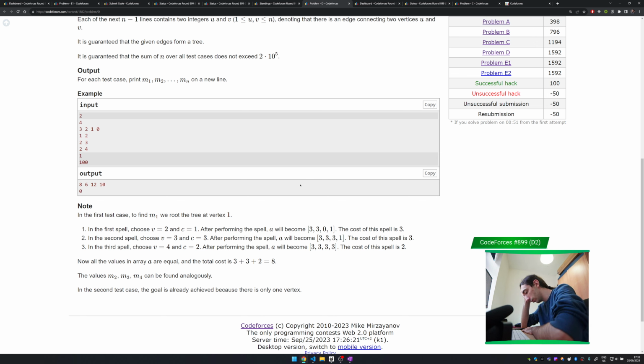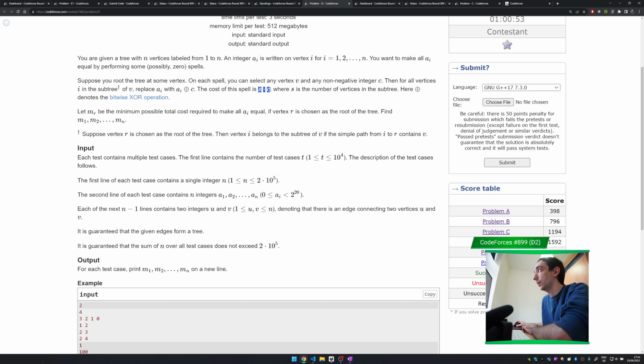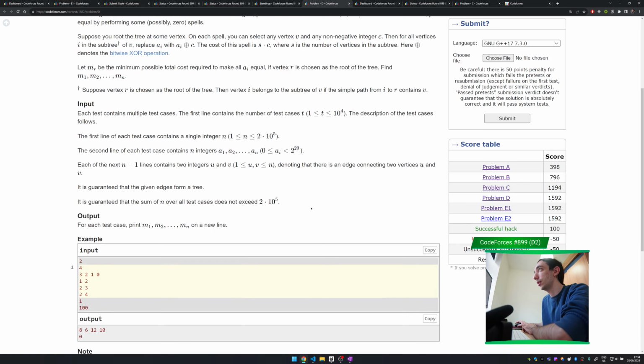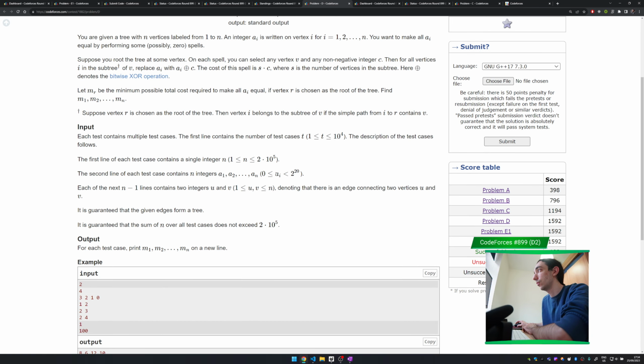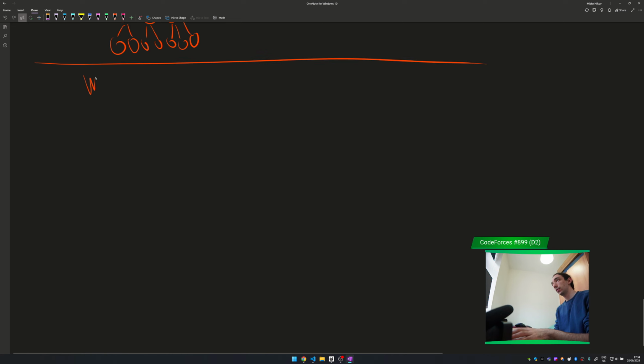Can we claim that the root remains the same? If I change the root, I change all of the vertices, which means that I don't ever want to change the root. Due to the commutativity of the sum of this operation, the distributive thing here, I will never change the root. So we can rephrase this problem and ask what is